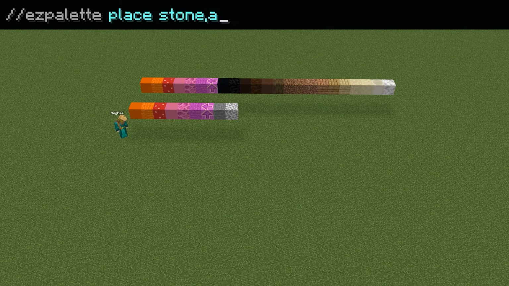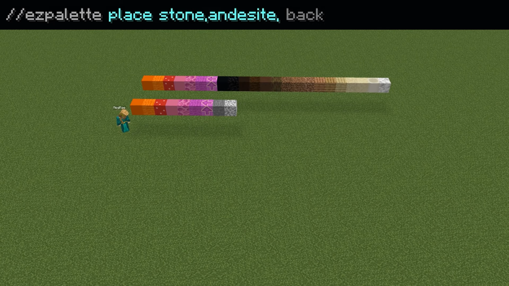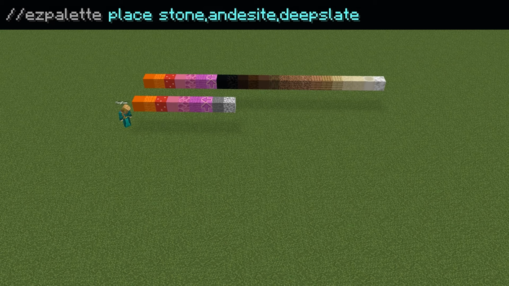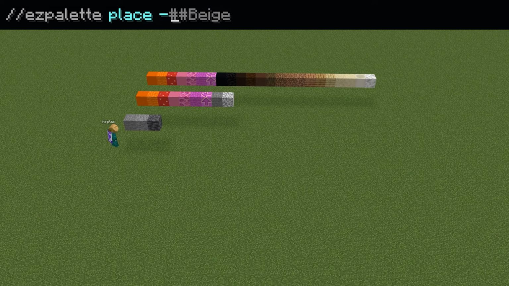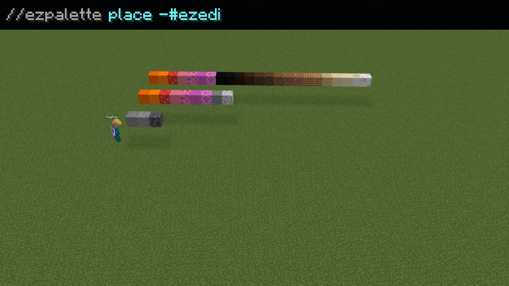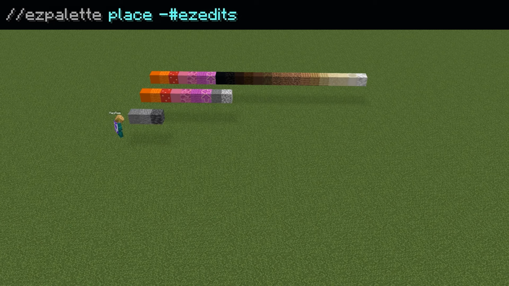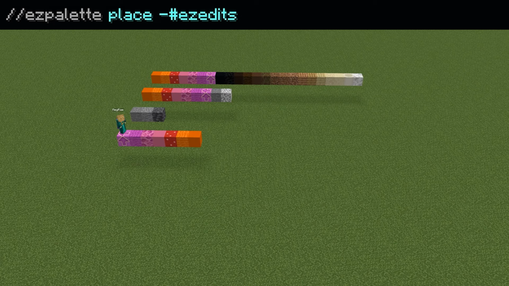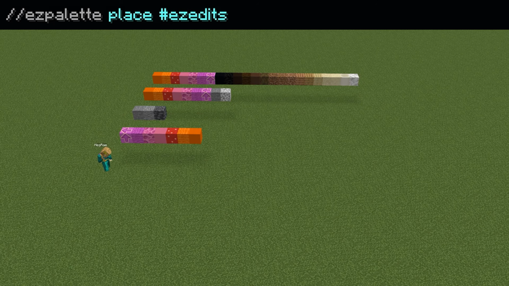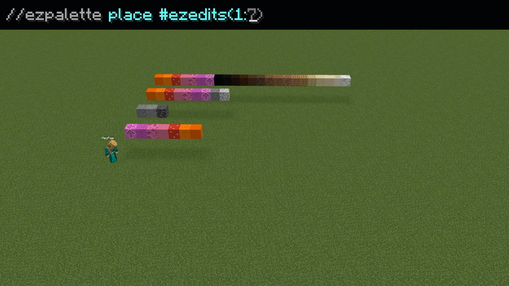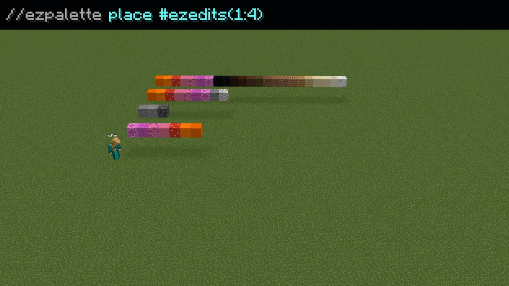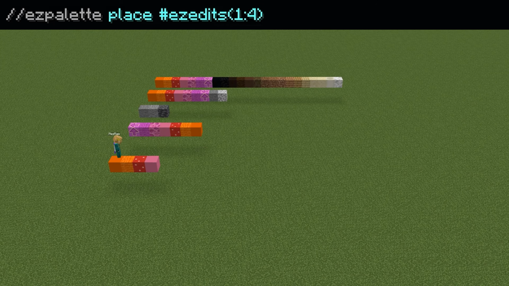I could also run this palette command by typing out all individual blocks with no preset palettes defined, and it would pull up those blocks for me. If you want to paste a palette in reverse order, you're just going to place a minus in front of it to invert that. If you would like to place just a select portion of a palette, then you're going to add parentheses at the end